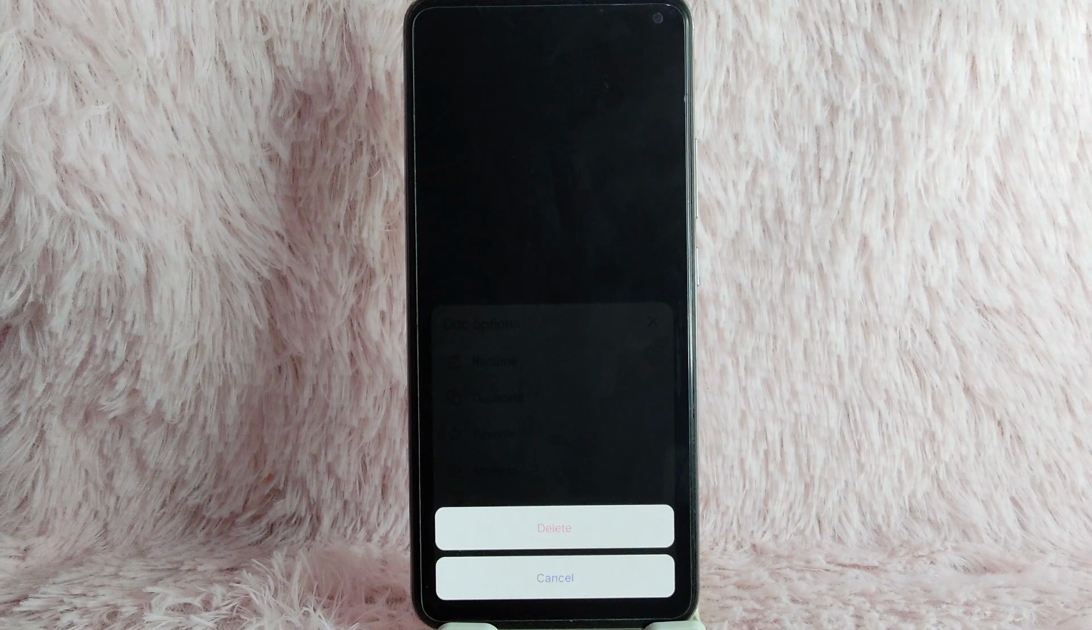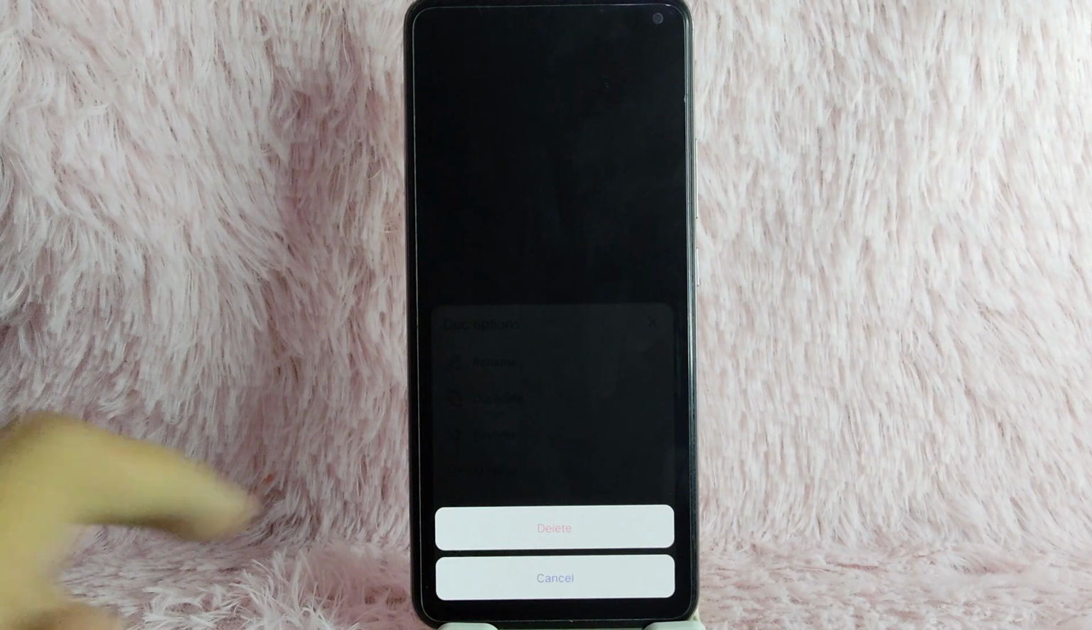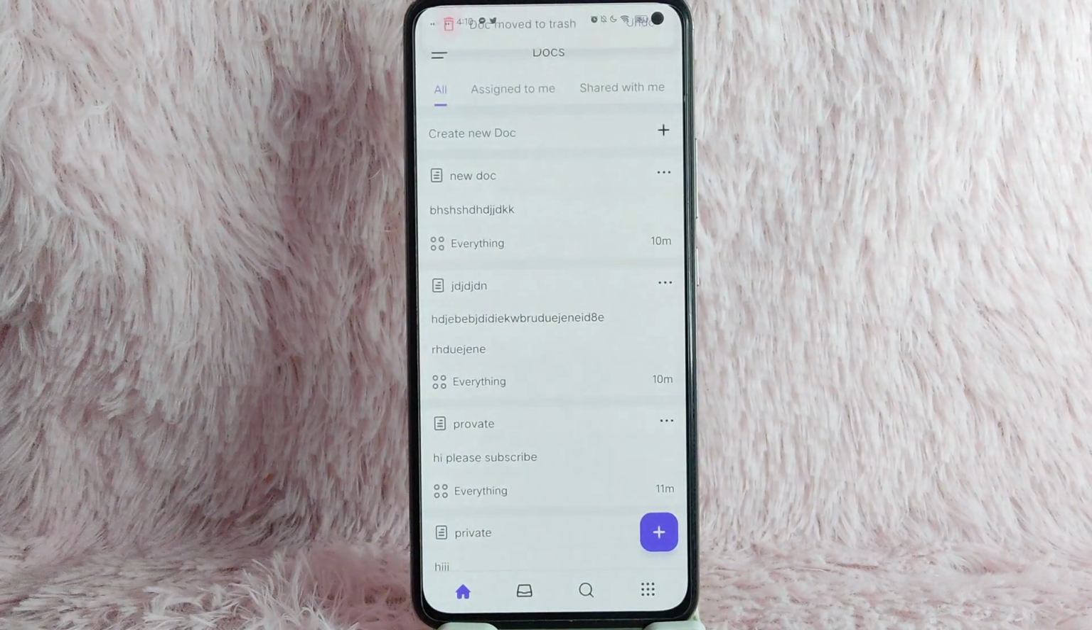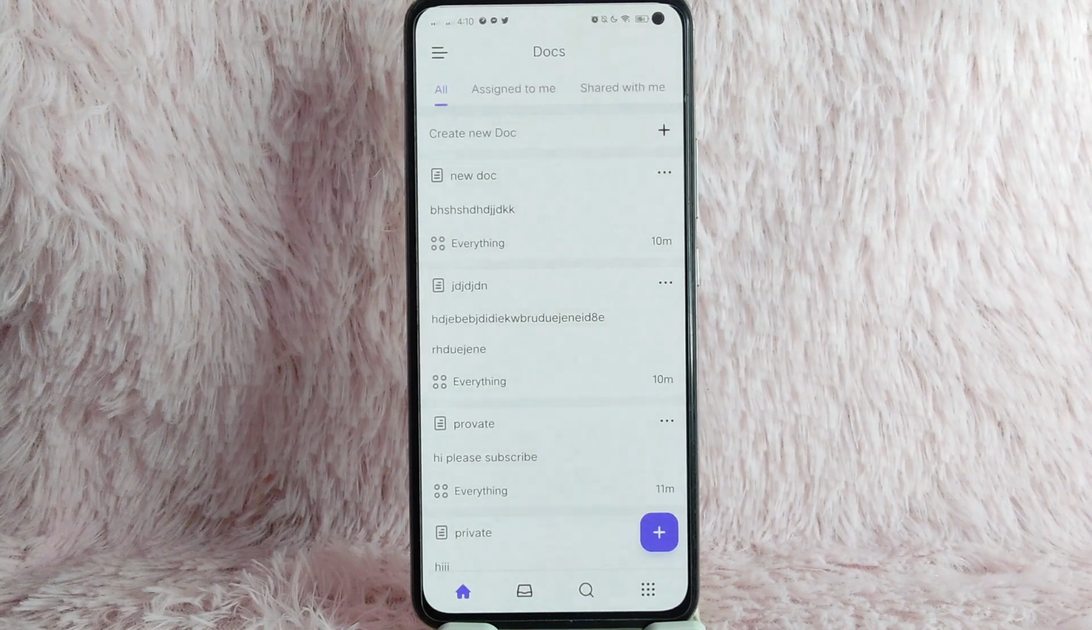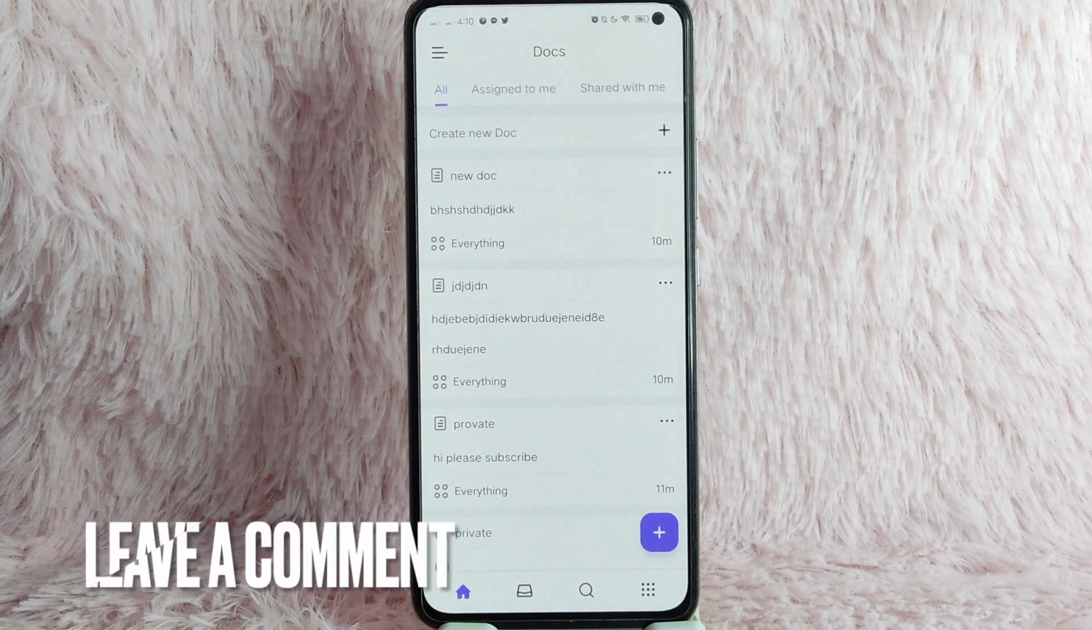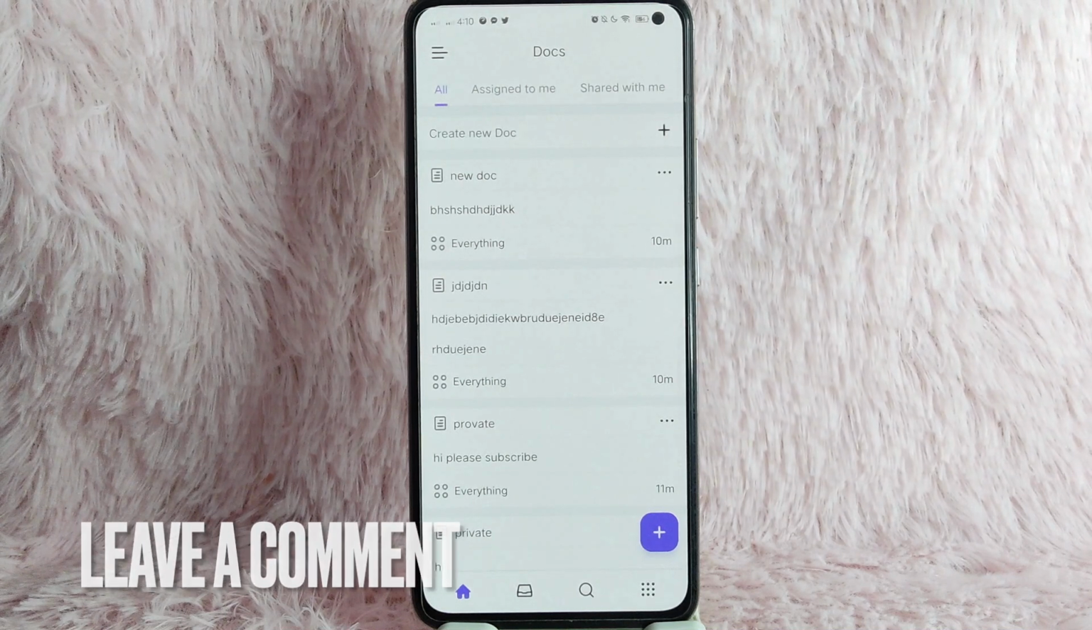As you can see in here, you need to confirm it by tapping on this delete again. As you can see, document moved to trash. There you go. If you wanted to know how to delete your docs on ClickUp, that is the easiest